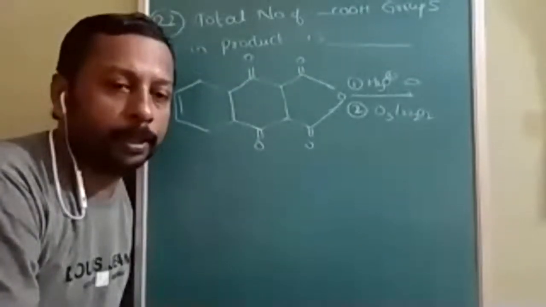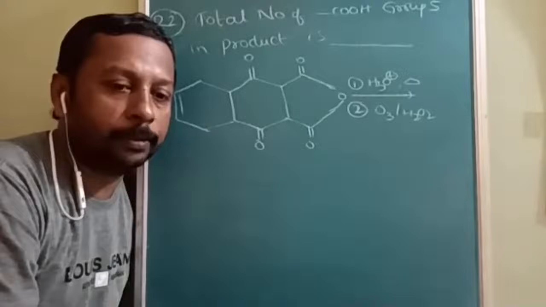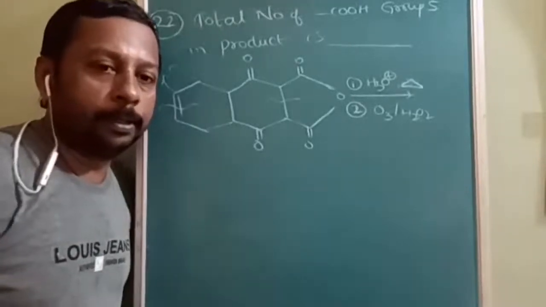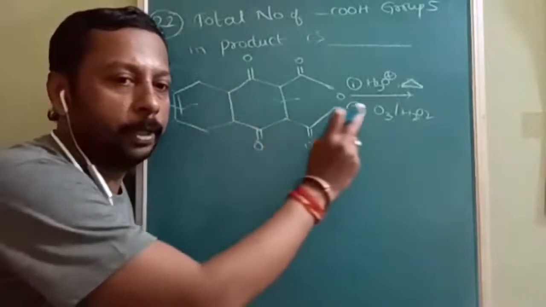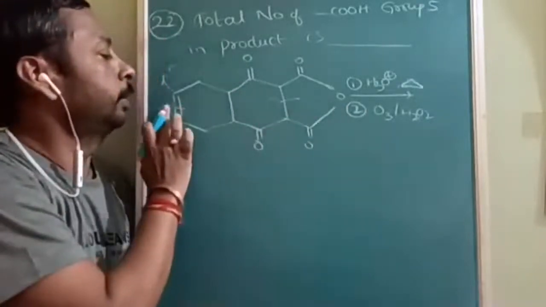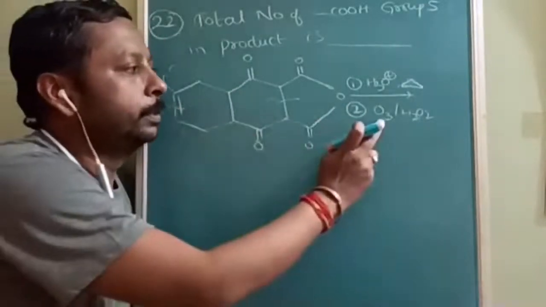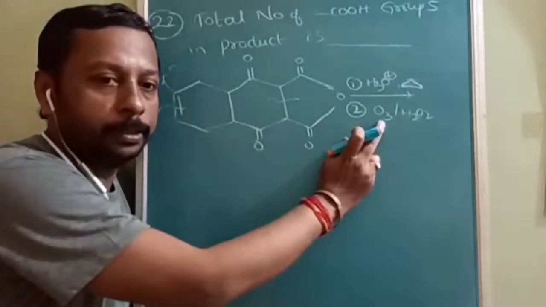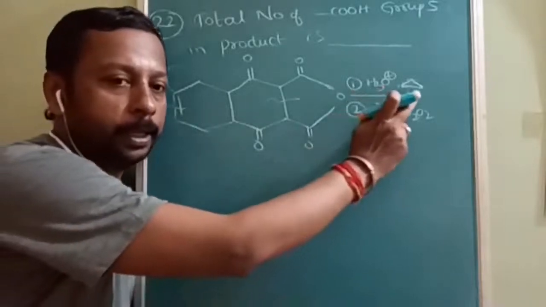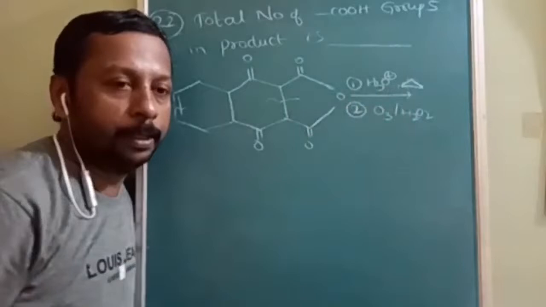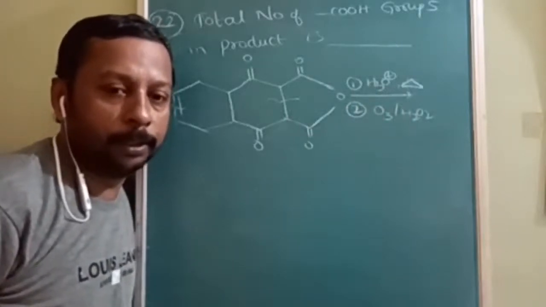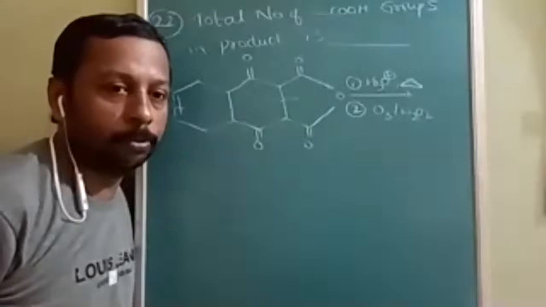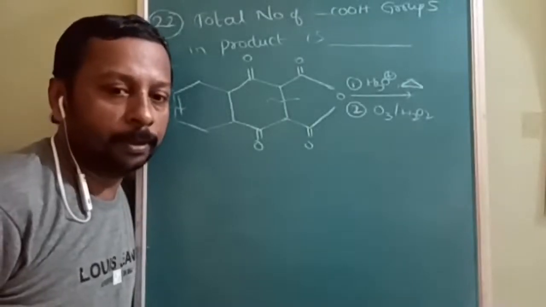Okay, you can try and wait for my explanation. See here, the total number of products in the following sequence of reaction. There is a double bond which is affected by the ozonolysis, and there is an acidic hydrolysis followed by heat. Heating effects of carboxylic acid is a very important topic of the carboxylic acid group. So go through that.